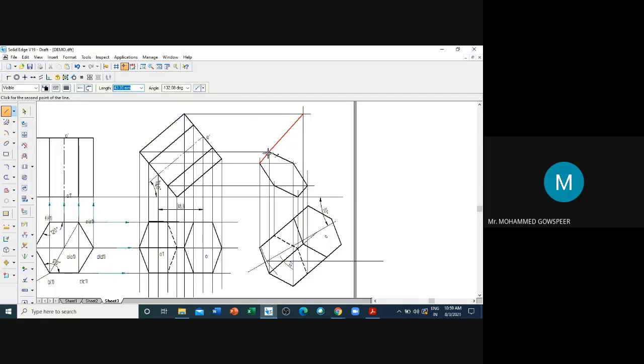Once you draw this, we use the move command, move and copy. So select this base, only select the base, now this one. Now we'll select this as a reference point to move, and place it here.